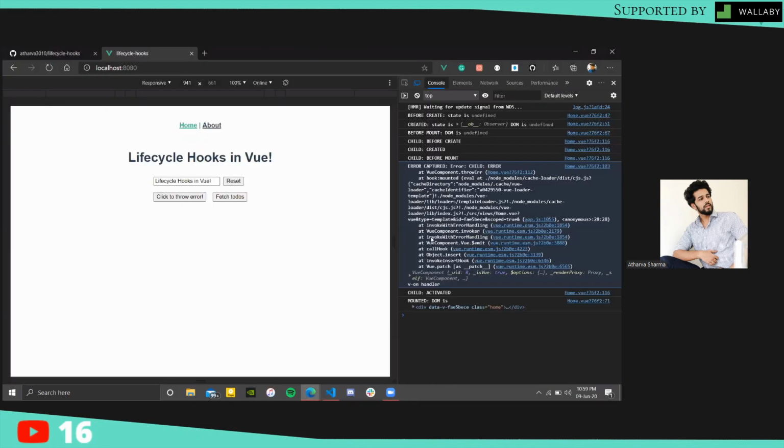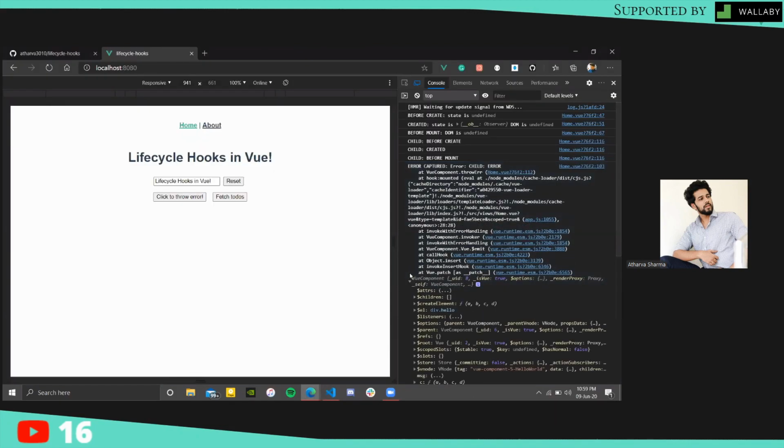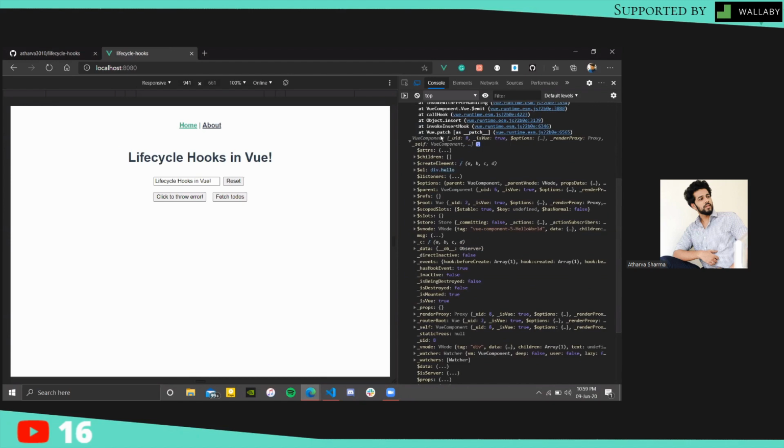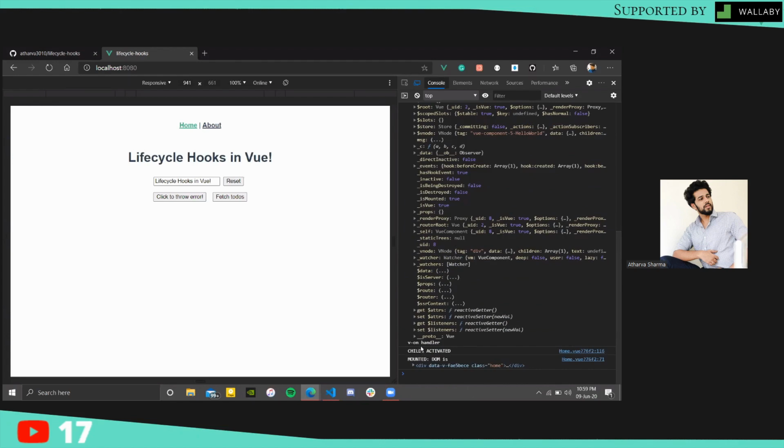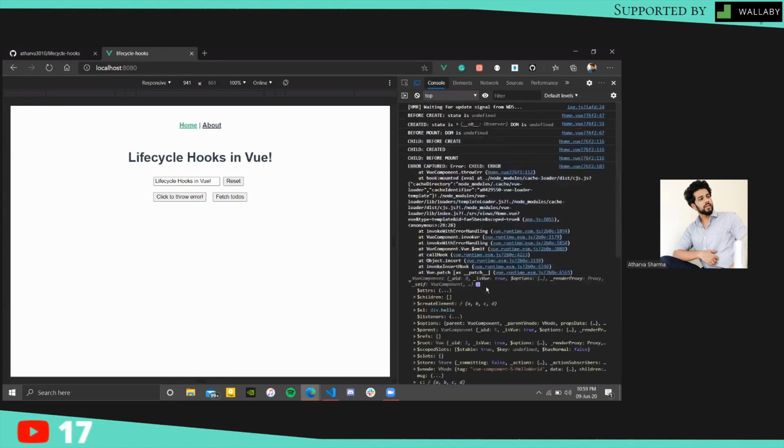We have access to the component right here, all the properties regarding that, element, listeners, and everything. And then we also have the handler. Cool. So this was an example of when the error captured hook works and when we can listen to errors.